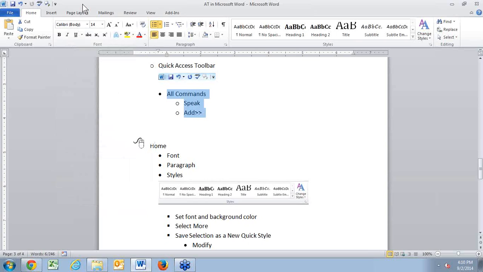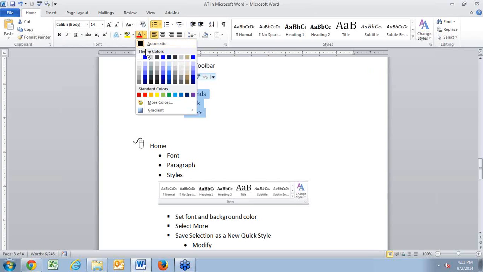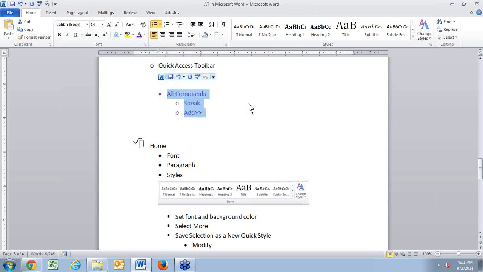You can't do that in a textbook or a stuck font. You can also go in here under Font, and you could change the color of the font. Sometimes students do better when the font's a different color. So maybe if a student prefers a purple font, they feel like it stands out and it's easier on their